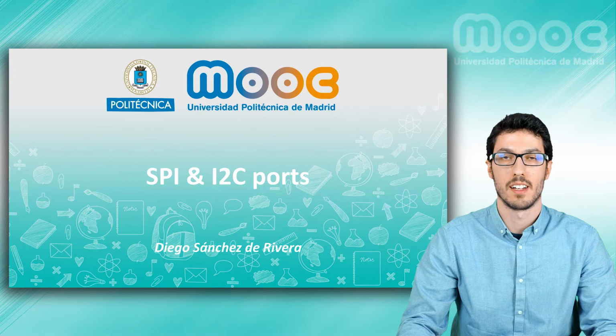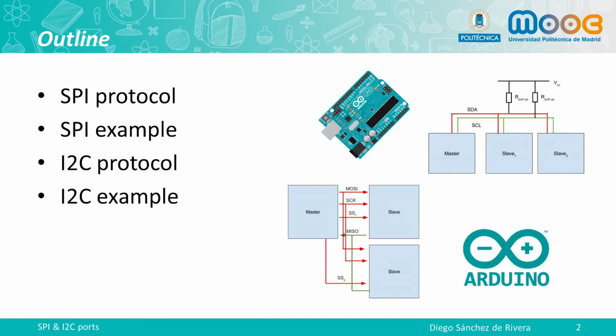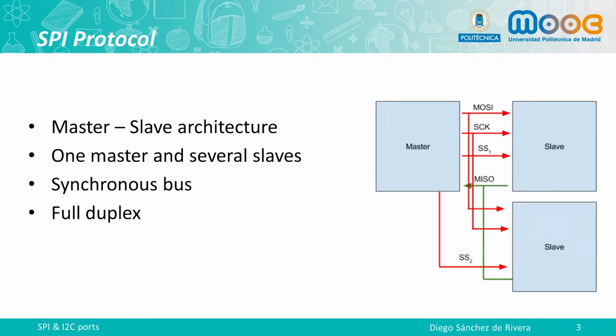This is Module 3 and in this third and final lesson we'll learn how the SPI and the I2C connections work. In particular, this video will focus on the SPI and I2C protocols, the most important communication protocols that the Arduino boards provide and the most used to communicate with external devices in addition to the serial communication. I will start with the SPI protocol.